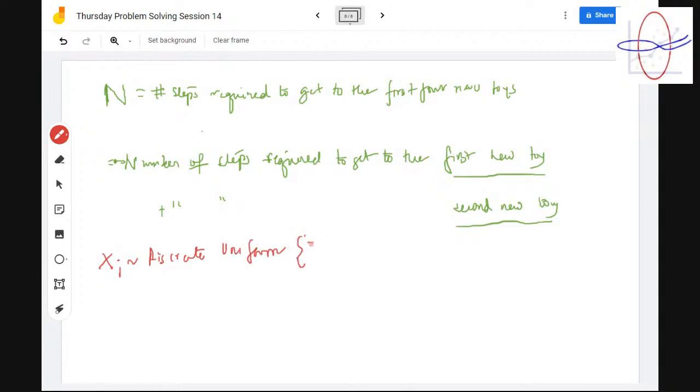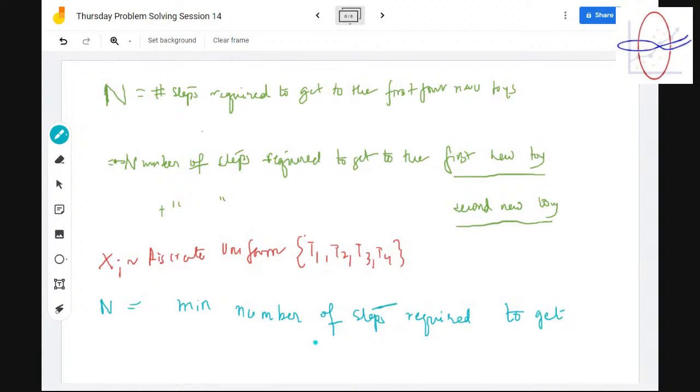That over the first toy, second toy, third toy, fourth toy. Xi is not Bernoulli. This is a uniform process, not the Bernoulli process. Okay, so we are trying to understand n is the minimum number of steps required to get to the first 4 new toys. That means